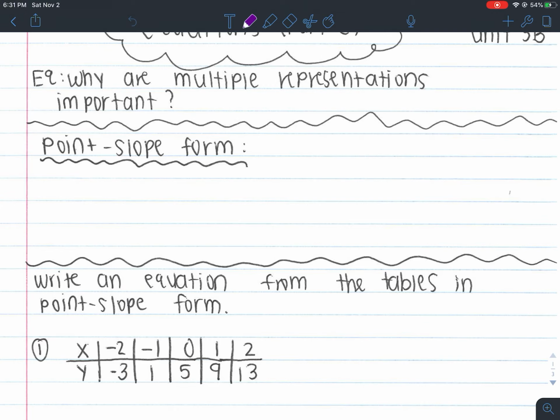So we're just going to review point-slope form here. You should be familiar with point-slope form at this point, but point-slope form is y minus y1 equals m times x minus x1. And I always want to ask, why is it called point-slope form? Well, it's because this form gives us two different things. It gives us a point and a slope. The slope is represented by m,